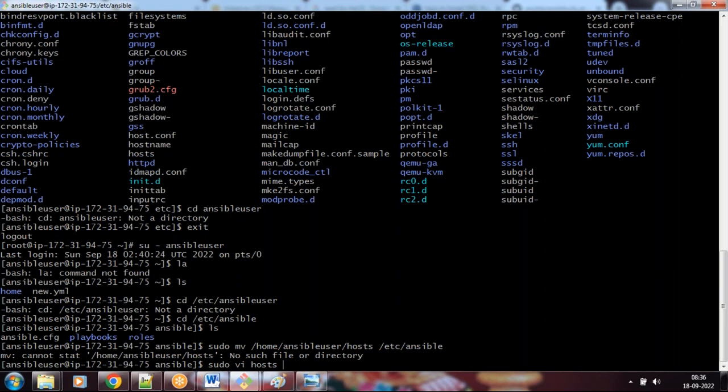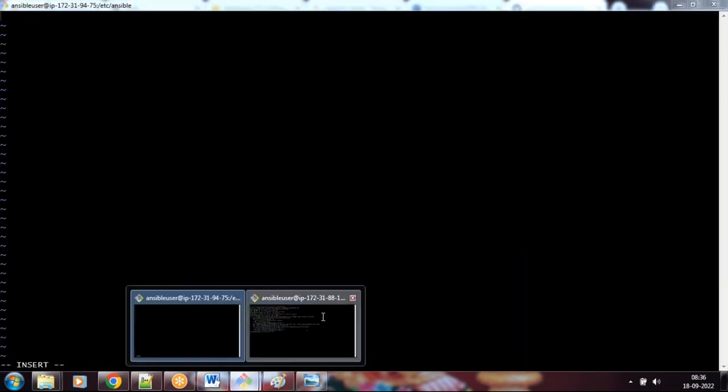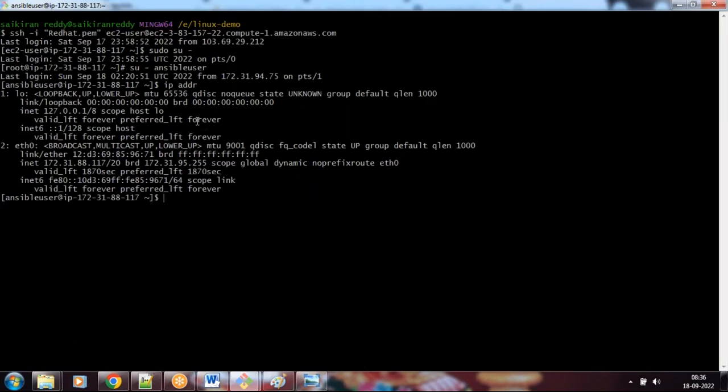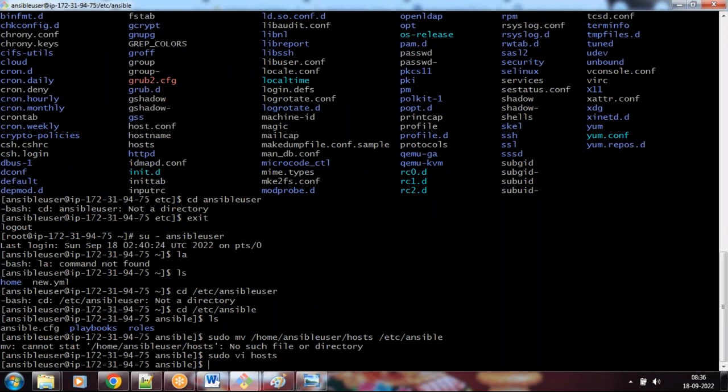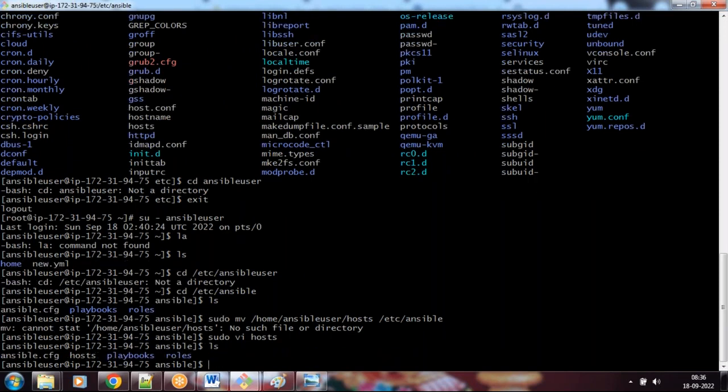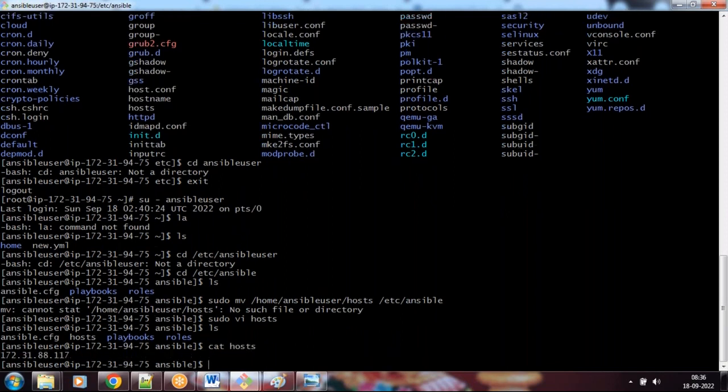sudo vi host. Okay. This is the private IP address of this remote server. You just copy this. Now cat host. Okay, now if you see Ansible connectivity,